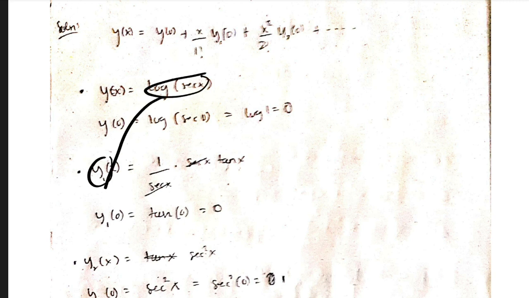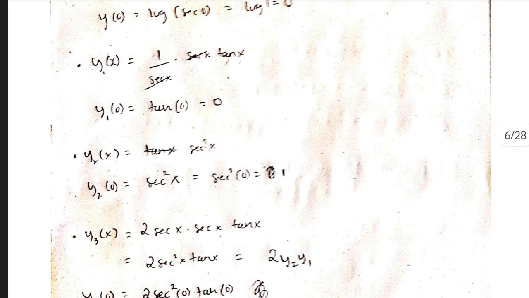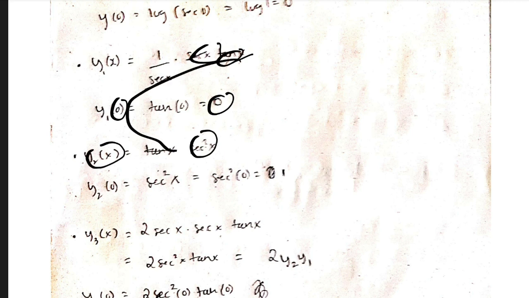You will get y1 of x, which is 1 by sec x, then sec x differentiation is sec x tan x, you will get tan x there. Okay, like that. Put 0 in the place of x here, tan 0 is 0, then keep it as such and differentiate this again. Tan x differentiation is sec square x, so y2 of x is sec square of x,